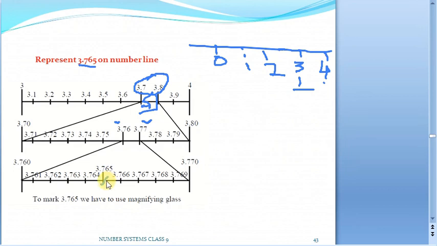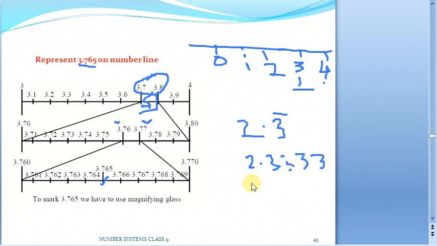So this is how, using this method of repeated magnification, we can locate the given decimal expansion on the number line. So what if it is non-terminating repeating? Suppose let me take an example of 2.3 bar. The number I considered earlier is terminating in nature, and I can find exactly this position. What if I want this particular number on the number line? In this case, we can write it in decimal form, depending upon the decimal places asked, as 2.333 and all. This is how you will be writing your number.